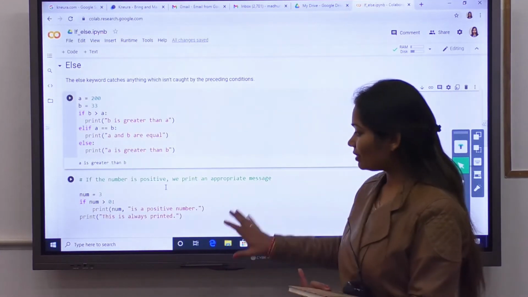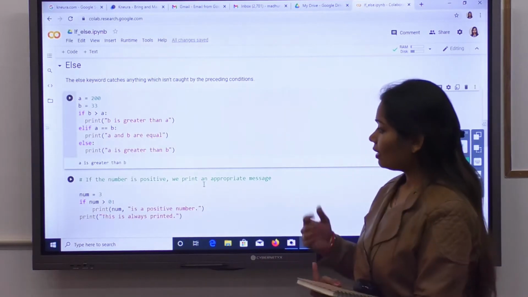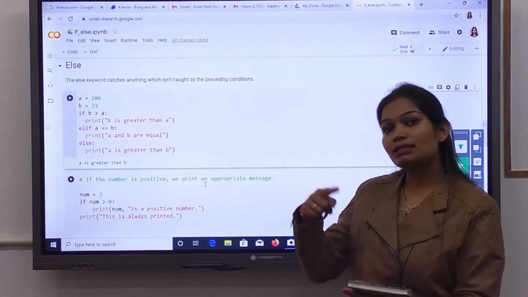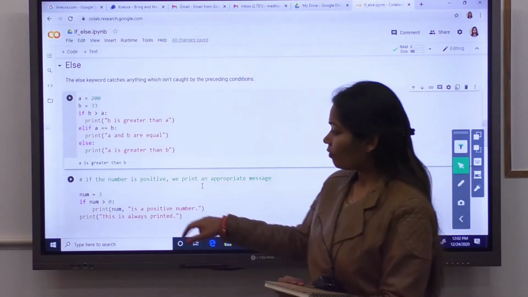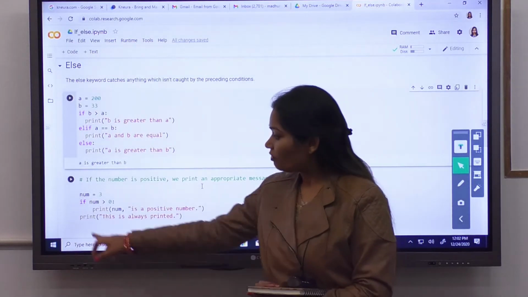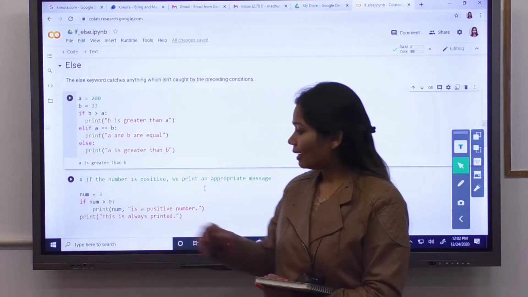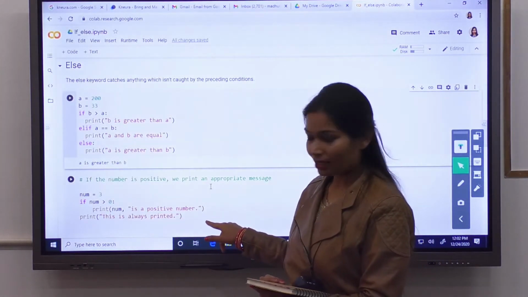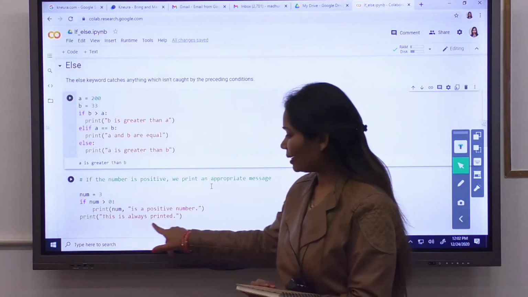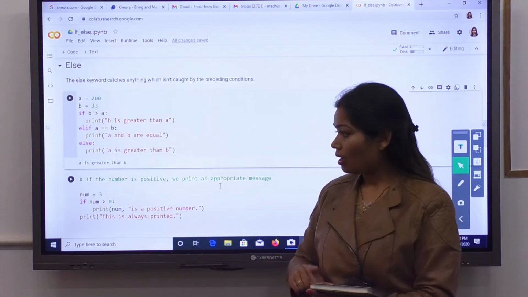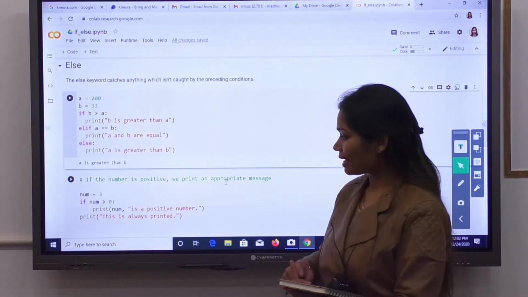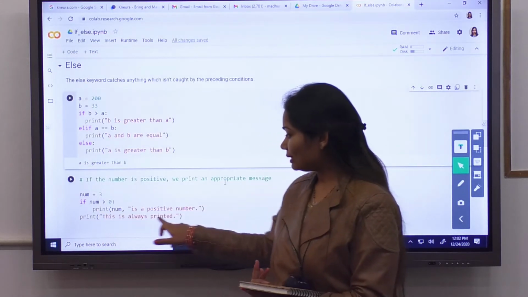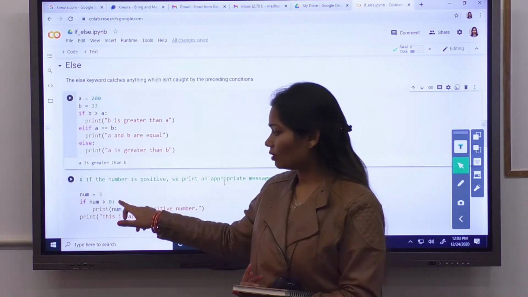What is the difference between this code and the code with else? In else, we are putting a default message when all the conditions are false. Here, we are printing a message with the indentation of if. In this way, we know that only this statement is a part of the if keyword, and this statement is not, because in Python indentation says all the statements which are indented under a particular statement will be the part of that particular keyword.